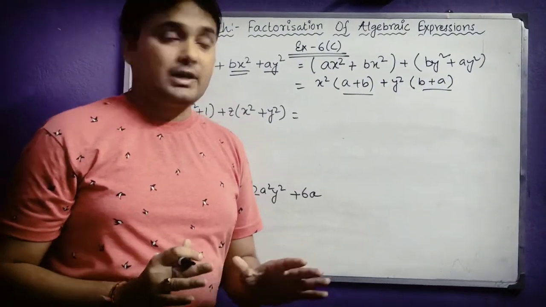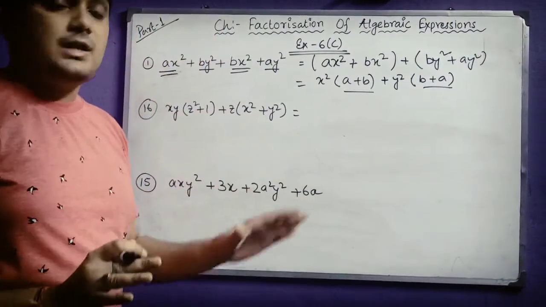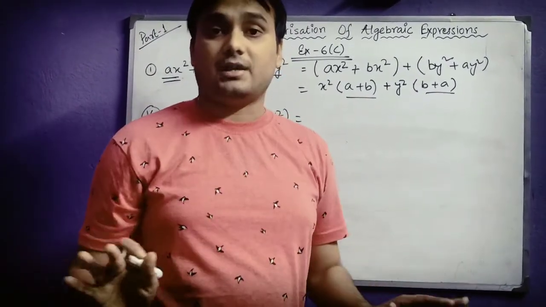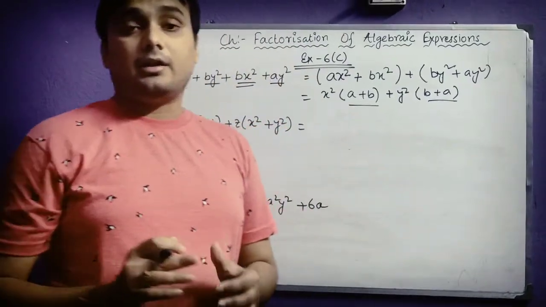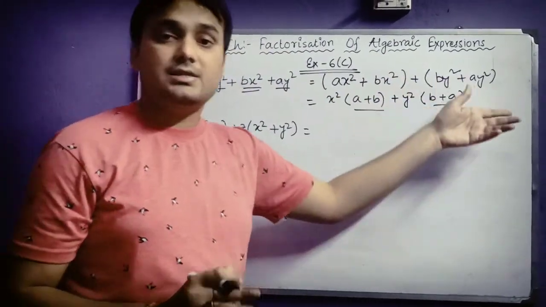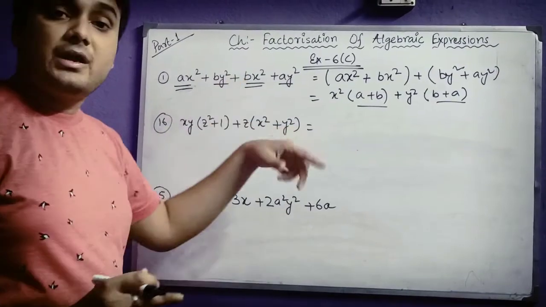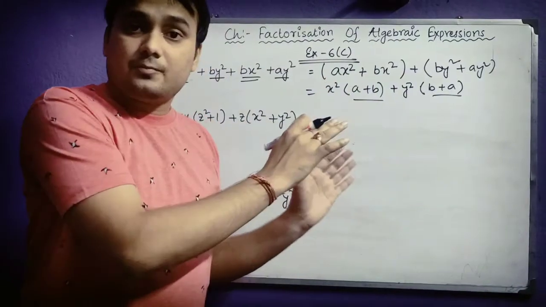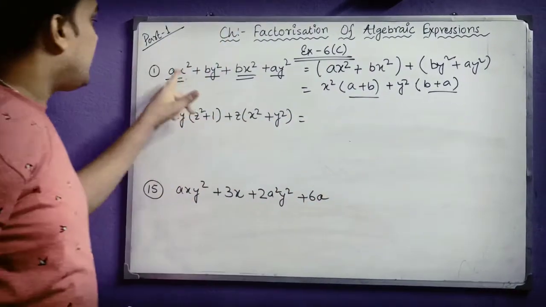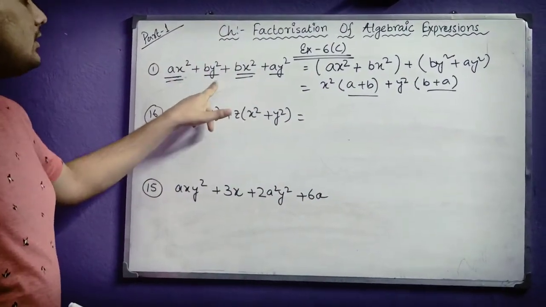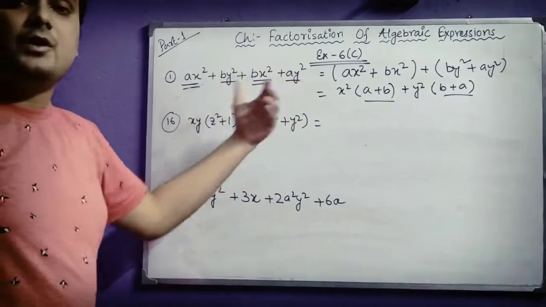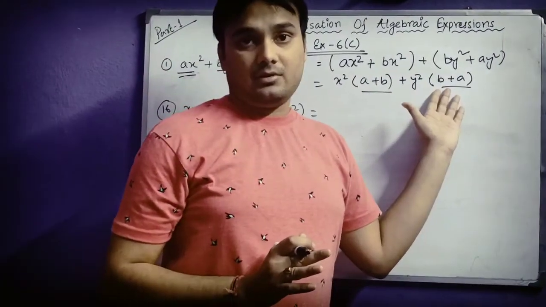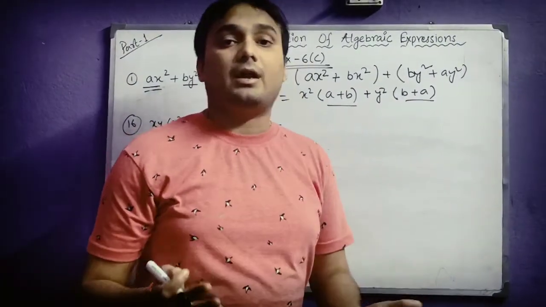Okay, is it clear what I said? I repeat, if you see that the bracket part is not same, then what will you do? You will just cut this one, erase this one, and then you have to make a group again with other terms. Like I have taken these 2 terms together, and if this were not working here, if this is wrong, then I have to take this one with this one or this one, okay? I have to make different groups. The ultimate thing is that the bracket part should be same. If the bracket parts are not same, then you will realize that there is a mistake.